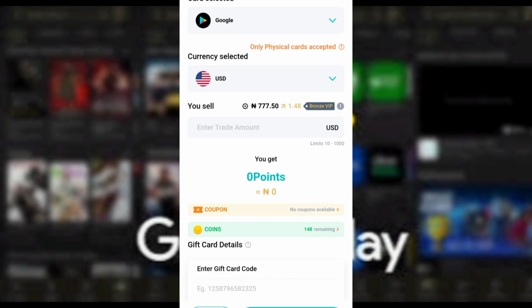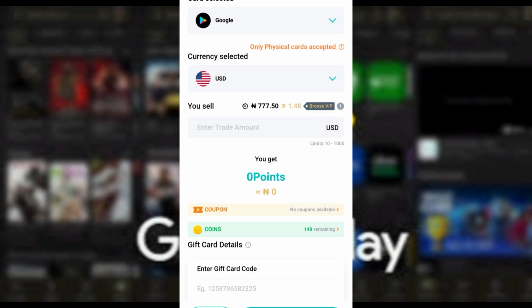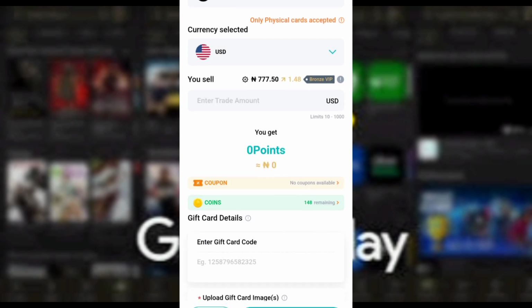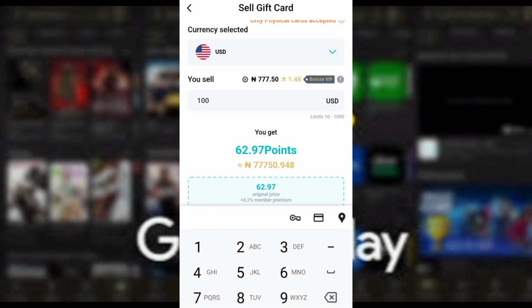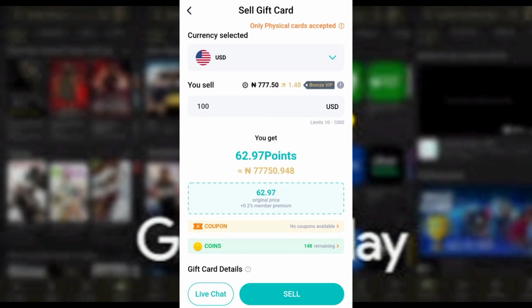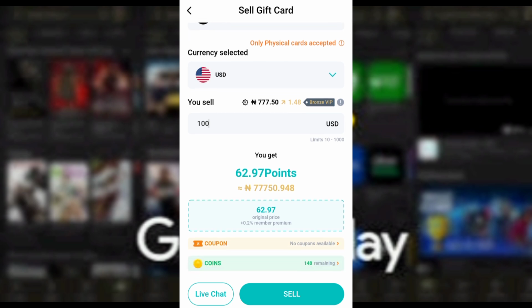This is where you are going to sell your gift card. Currency selected, USD. Google Play, you can see that is Google, because they have different cards, but you want to sell Google and it's the USD currency. They are selling at 777 naira 50 kobo for those that are in Nigeria. So let's say we want to trade 100. If you are trading 100 as at the day I'm filming, please note that, because it fluctuates, you are going to get 62.97 points,